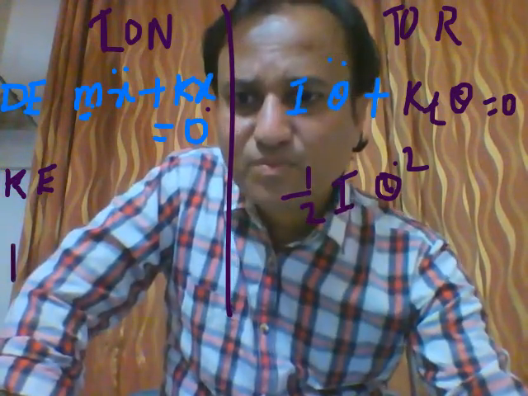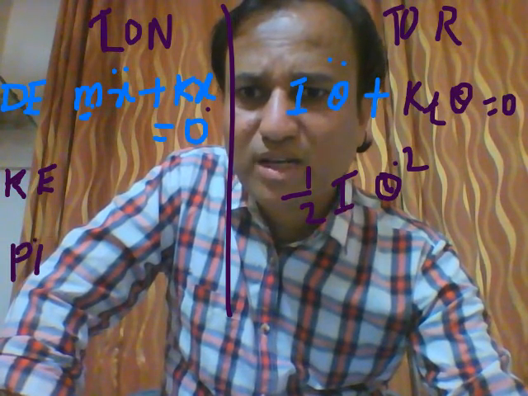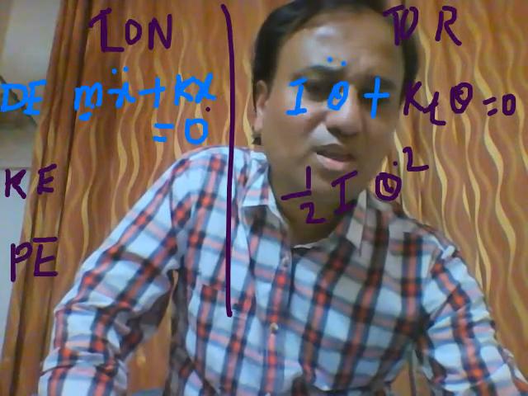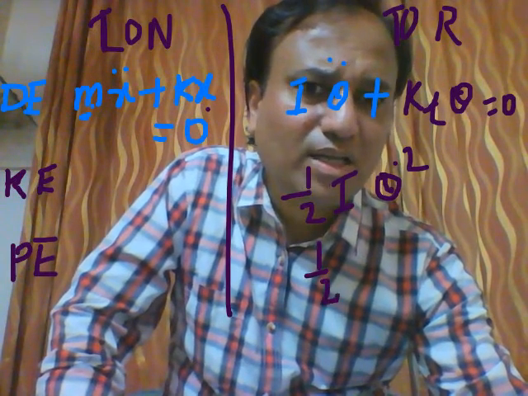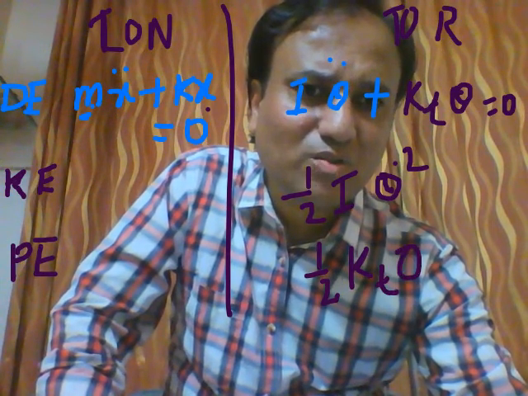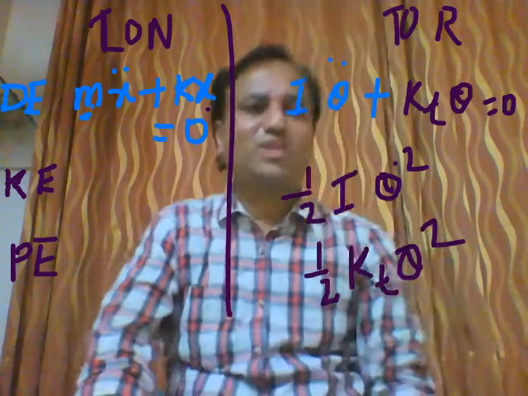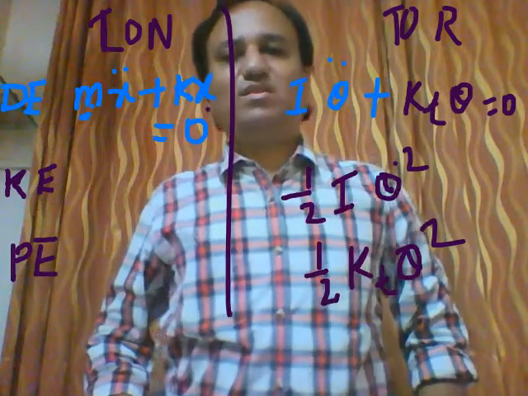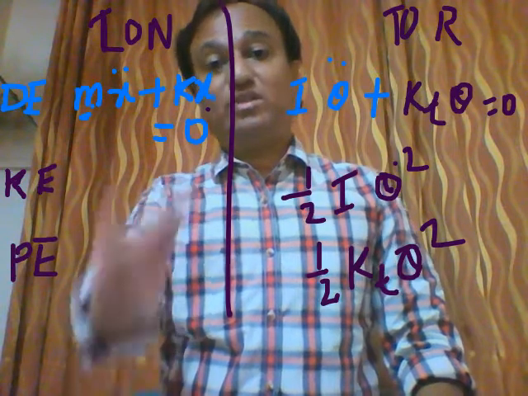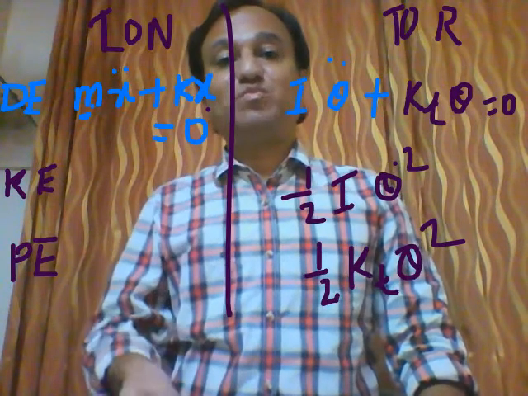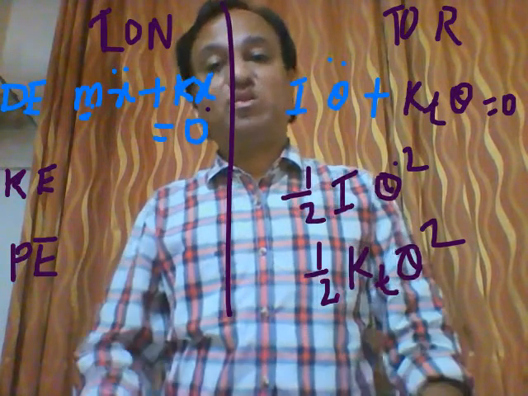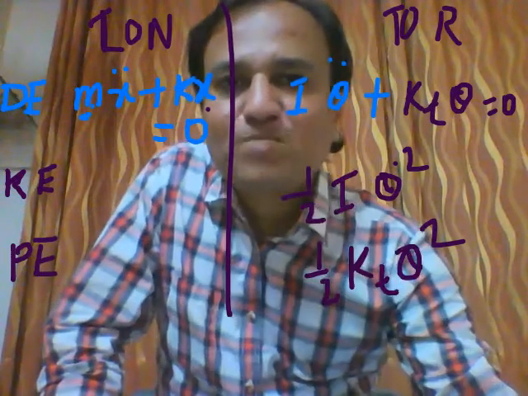So PE is 1/2 k x square as far as longitudinal vibration is concerned. Same, 1/2 K will be replaced by KT, and x is replaced by theta. So 1/2 KT theta square, student. Understand? So in longitudinal vibration, you have considered a simple spring mass system; in torsional vibration, you have considered a single rotor.